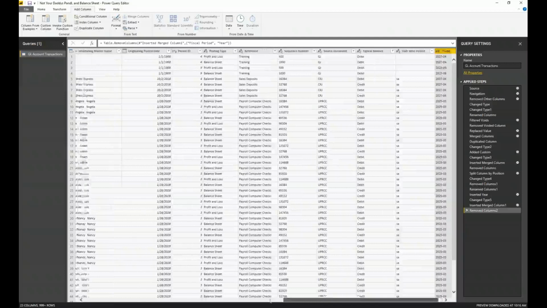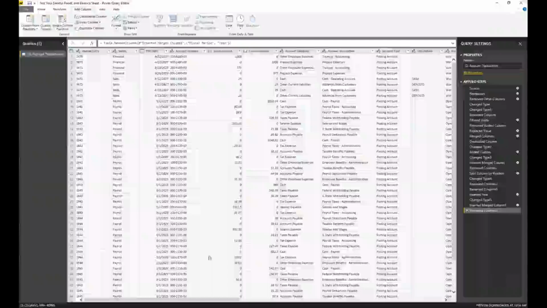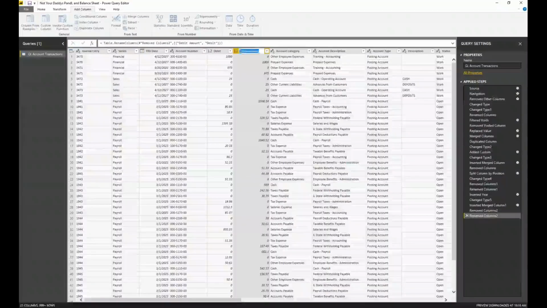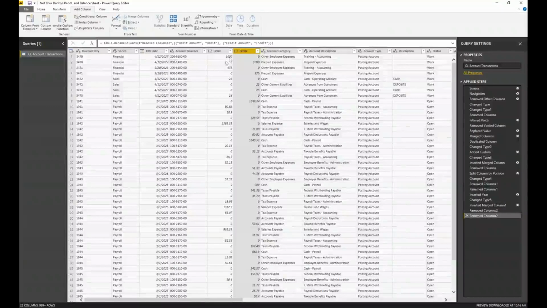One of the things I want to address: I'm going to come back over here and find my debit amounts and credit amounts. Let me get rid of the word amount. This just helps me. Okay, so I have debits and credits. What I want to do is create a column that has the net amount, and I'm actually going to do two of them. One where it's debit minus credits, and one where it's credit minus debits.